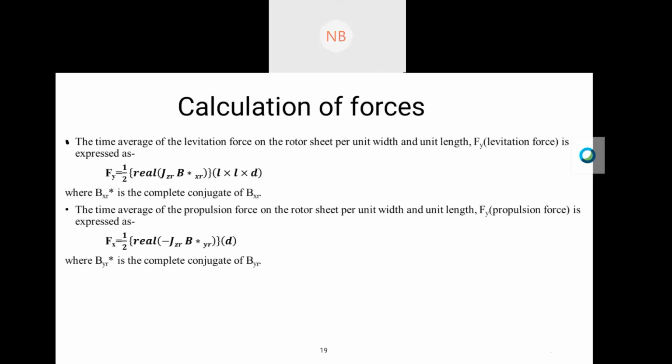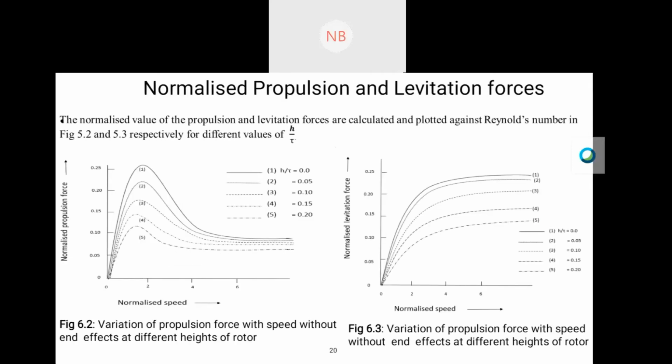Sir, can you show the next slide, number 20? Yes, sir. Here are the values I have taken. The value of h by tau I first took to be 0.0, then I plotted. Then as the solving of the problem proceeds, I get the value for the Reynolds number to be 1, and the maximum value is taken to be 0.25. Further solving of the problem I have not included here.